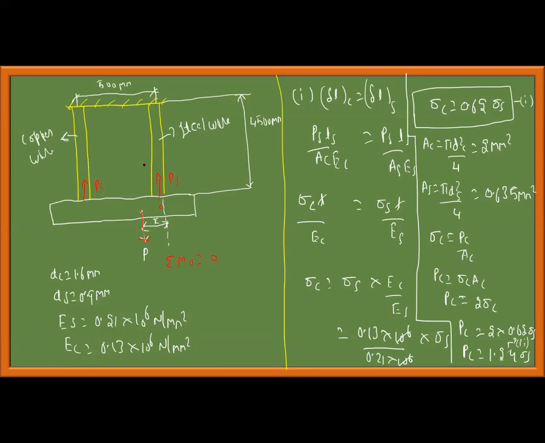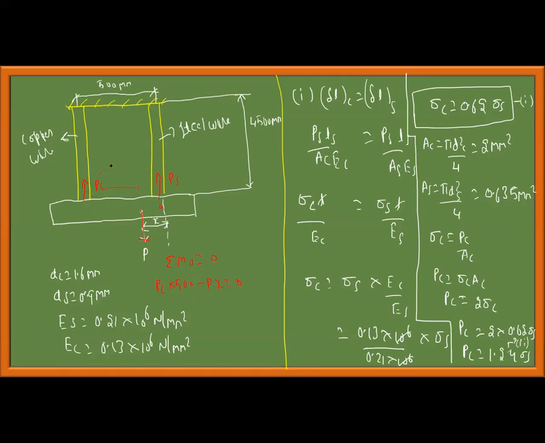This is causing clockwise moment. This is this force into this distance. I'm taking moment about this point. This force into this distance, which is 500 mm, is causing clockwise moment. Okay. PC into 500 is the clockwise moment, and this is causing anti-clockwise moment. Minus P into X is equal to 0. Hope you can understand this. Is this visible? Hope it is visible.